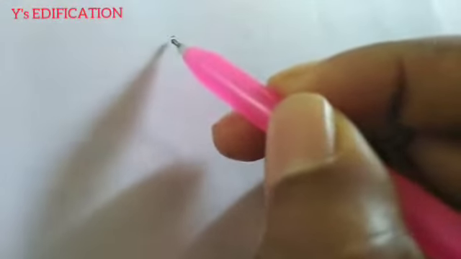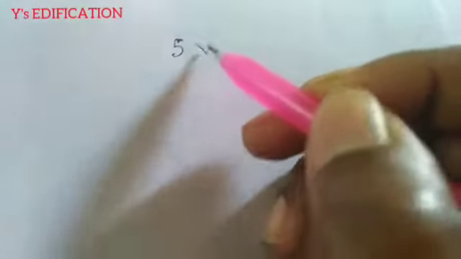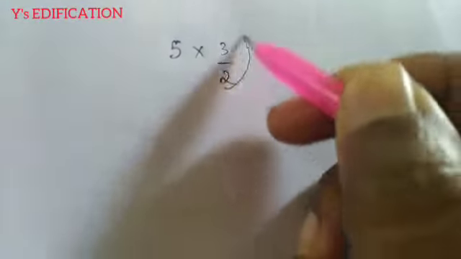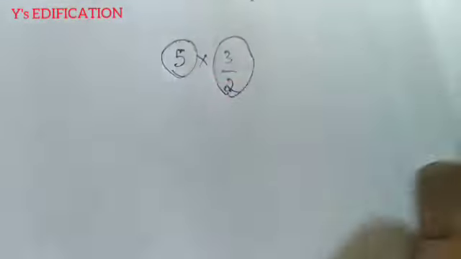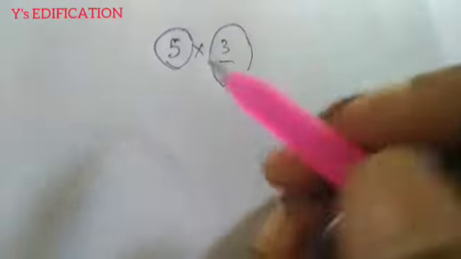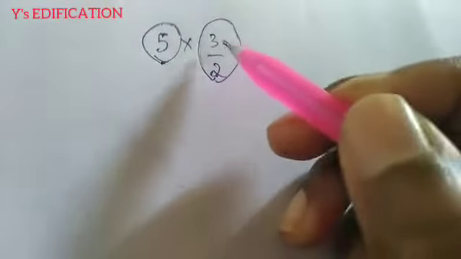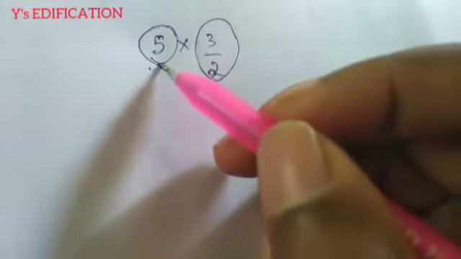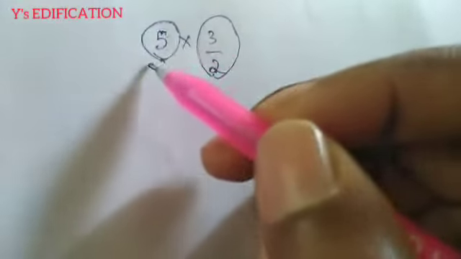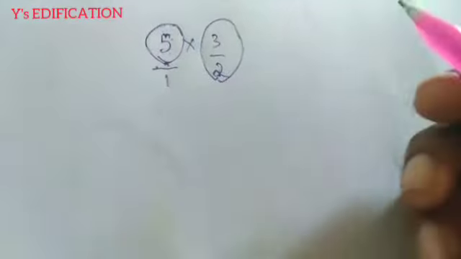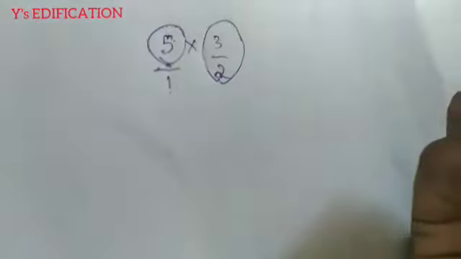Okay, so now I am going to multiply these fractions with a whole number. So 5 into 3 by 2. Here 3 by 2 is a fraction, 5 is a whole number. How do we have to multiply? Here we have only a single digit 5, and here we have the fraction 3 by 2. So we don't have a denominator here. Okay, if there is no denominator, we will assume it as 1. Okay, 5 by 1 or 5, both are equal.